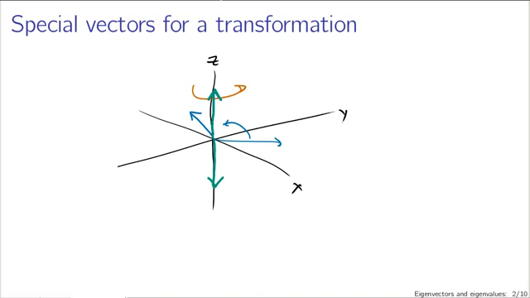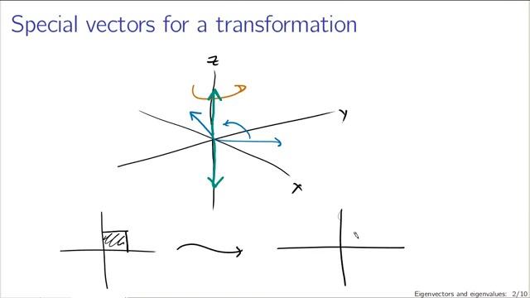And it's not simply, for instance, the vector that points along the z-axis in a transformation like a rotation like this. You can think, for instance, suppose I have just 2 dimensions now, and consider a transformation that takes like a box shape like this and maps it to something that's skewed, stretched out in the x direction and smooshed over in the y direction. If I had a transformation like this,